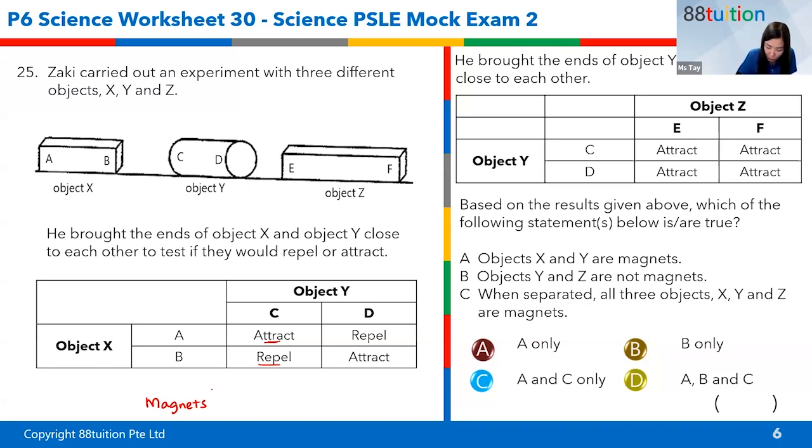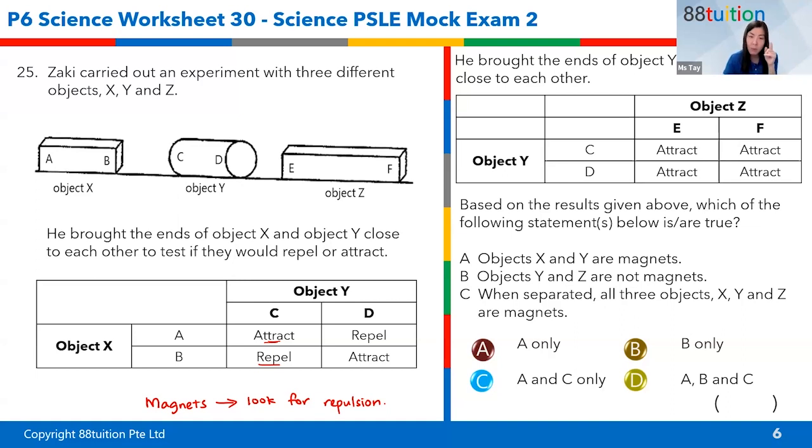Yeah, that's right. So, to confirm whether objects are magnets, please look for repulsion. Why can't I just focus on attraction? Very good, Jermaine. Because only magnets repel. Alex added on, magnetic materials can be attracted. Then Nikki says magnetic materials can be attracted to magnets. That's right. Correct. Magnetic materials will be attracted.